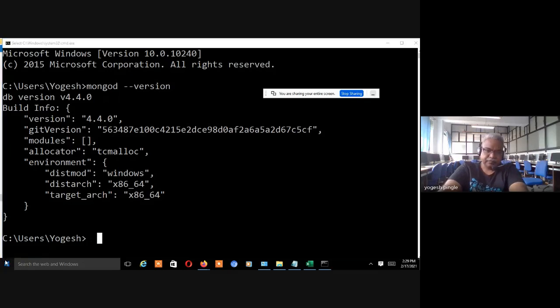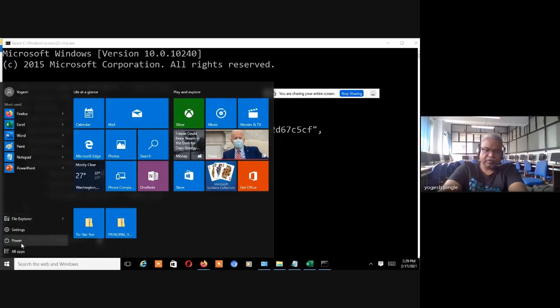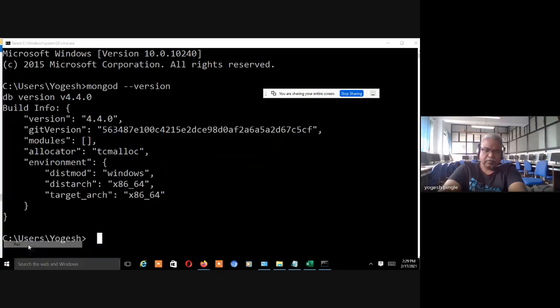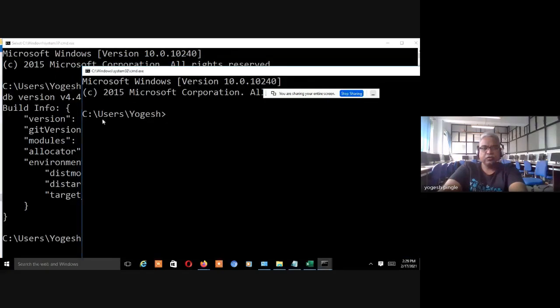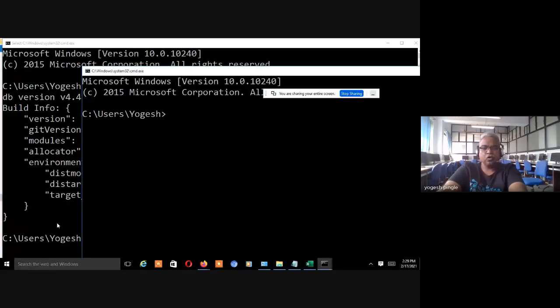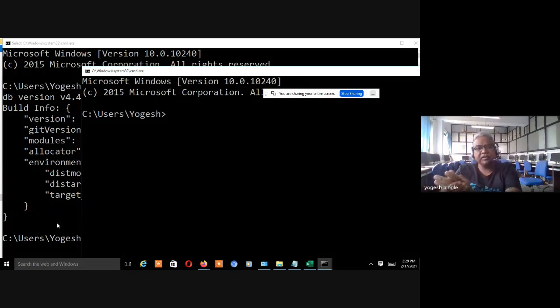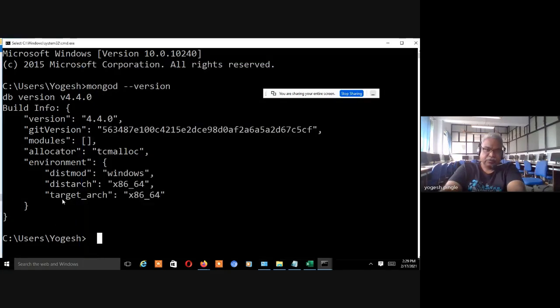Now the second thing is there. What I will do, I will open one more CMD, right? And there is a purpose for it, because MongoDB also has a server side and a client side. So the server we are going to start at the back end, right? And at the front end, that is in one CMD, we are going to start the client. And once you start the client side, then you are going to create a database and so forth. Okay. So this is what is important.